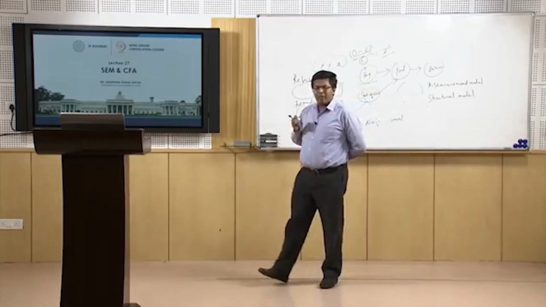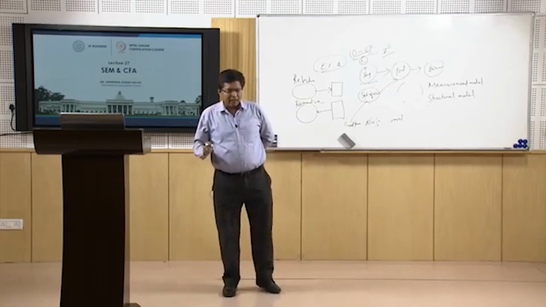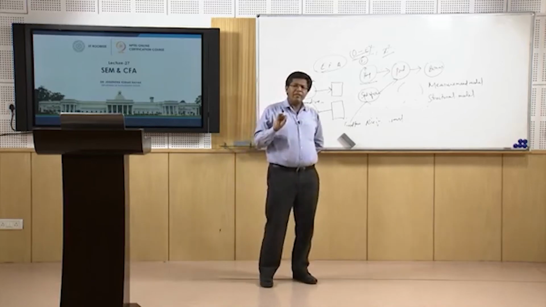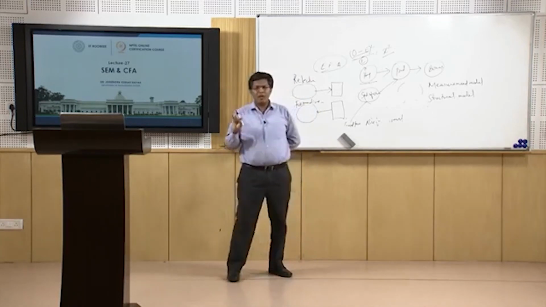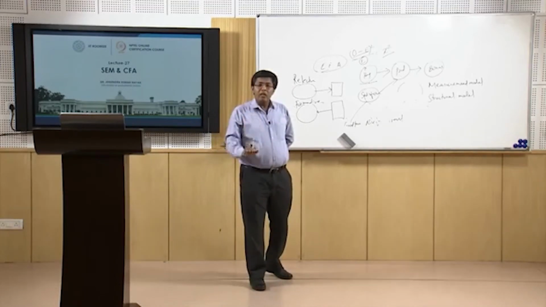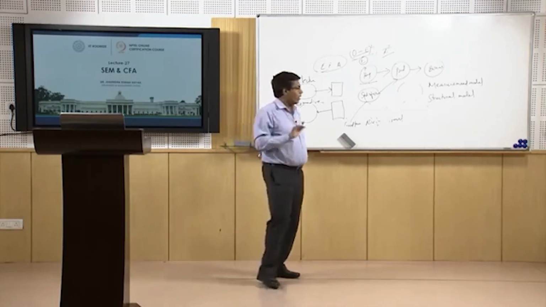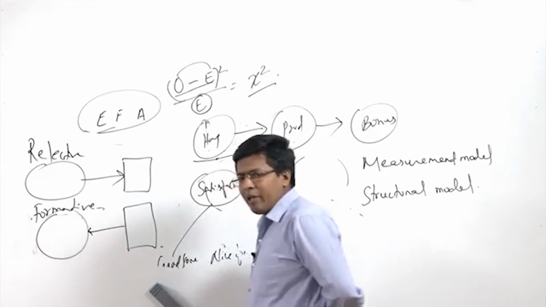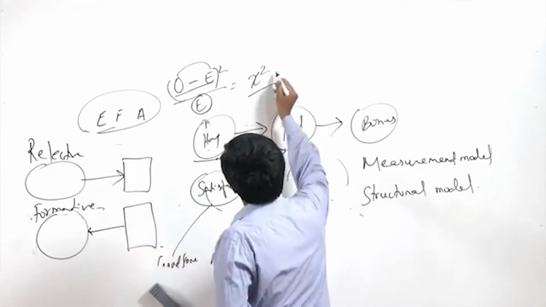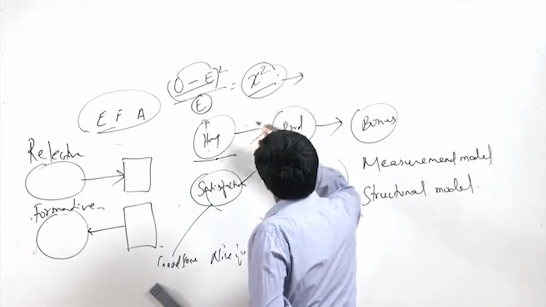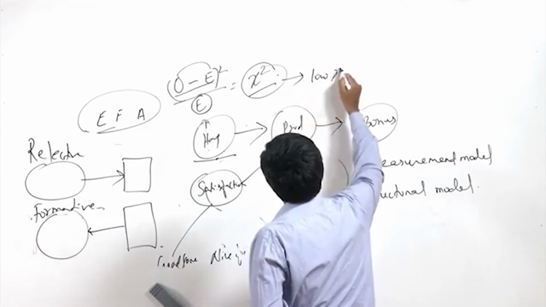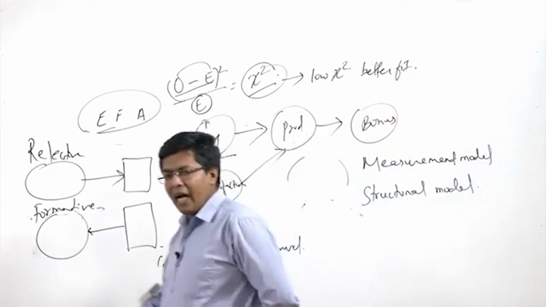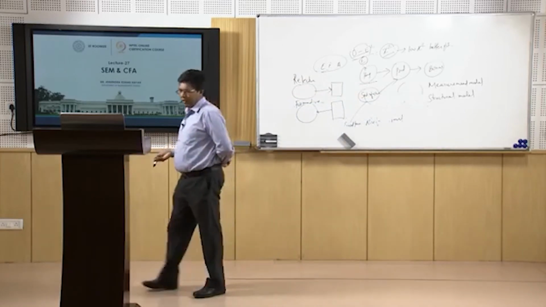And if the difference between observed and expected is larger, or expected is very low, then automatically we will understand that there is a significant difference between the observed and the expected model. And that is what we do not want, because we do not want too high a difference between the observed and the expected. Rather, we would like, in the case of SEM, a low chi-square value. A low chi-square value is a better fit, and a high chi-square value is a poor fit.